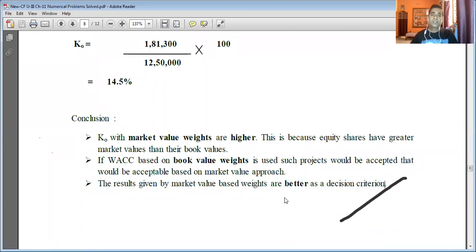With this, I'm going to give a small break. If you have any doubts regarding computing the weighted average cost of capital using market value weights, please ask. And I repeat, those students who do not have any questions or doubts, remember to mute your audio within 1 or 2 seconds.